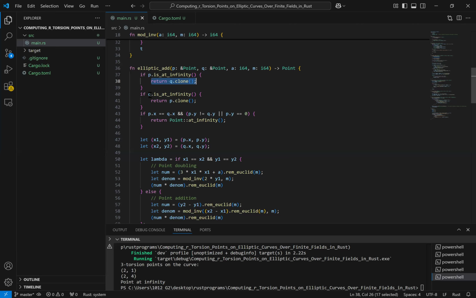And if Q is at infinity and you're adding it to P, then the result will be P. That's what this means. The result will be P. Now, if Px equals Qx, okay, that is point P and that is point Q, if they're equal, and Py,